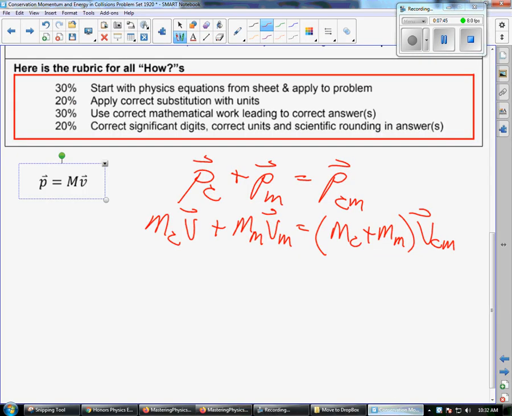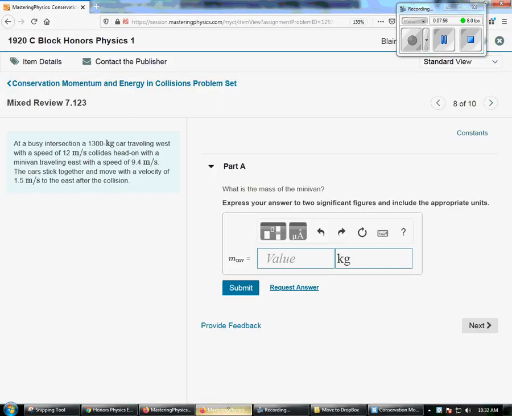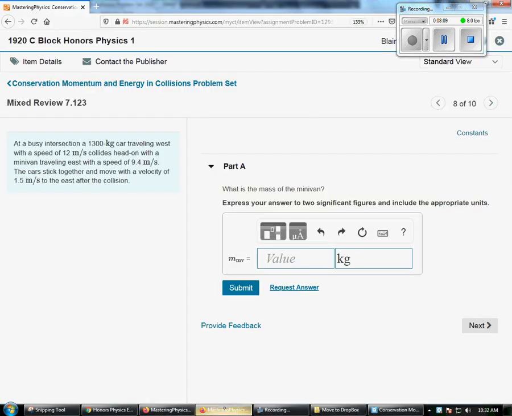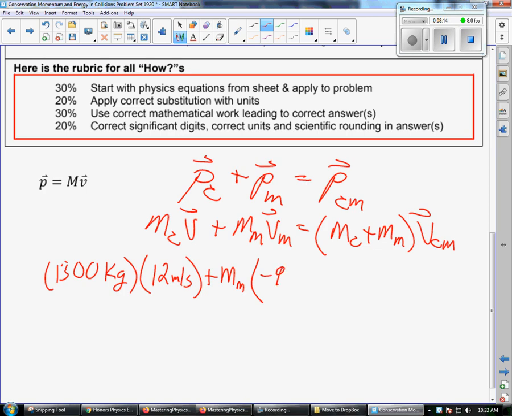So I've got 1,300 kilograms, 12. That's positive 12 meters per second because it's going west. Plus mass of the minivan. And then it's moving at 9.4 east. So that's negative 9.4 meters per second east equals